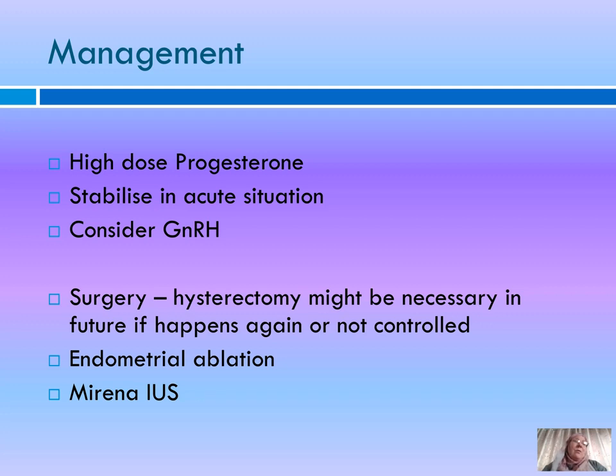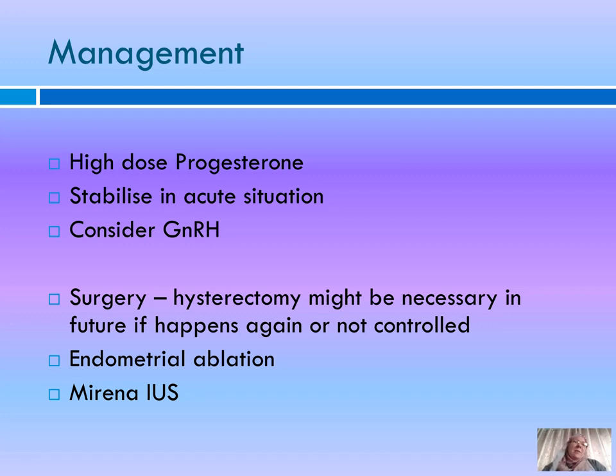Endometrial ablation does not usually lead to amenorrhea, but it reduces bleeding substantially and can be a way of managing this patient. Finally, a Mirena IUS is also possible. This is an intrauterine device that has levonorgestrel in its stem, and it releases a small amount of levonorgestrel on a daily basis, and over time, by this progesterone release, thins out the endometrium. And by thinning the endometrium, the bleeding gets less or even stops with time. So Mirena IUS causes amenorrhea with time, and the patient has to be aware of this.